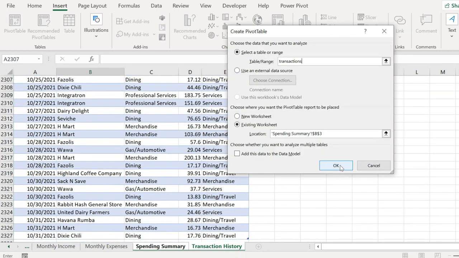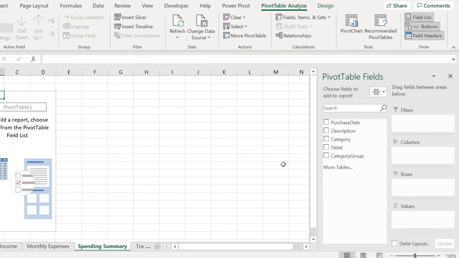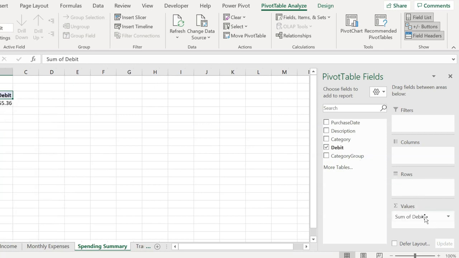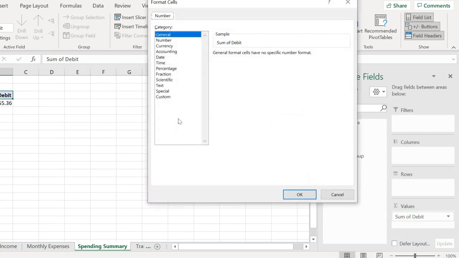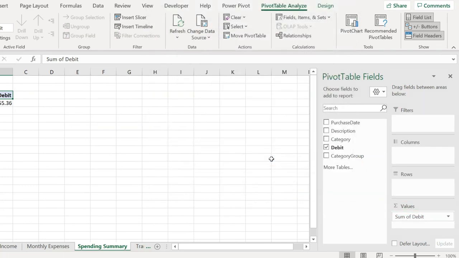and then click OK. And now that we have our source data defined, we just need to drag these different fields into the various parts of the pivot table to get that layout we're going for. So first I'll drag debit down in values, and then I'll go ahead and format that as currency. Next, I'll add purchase date on columns,